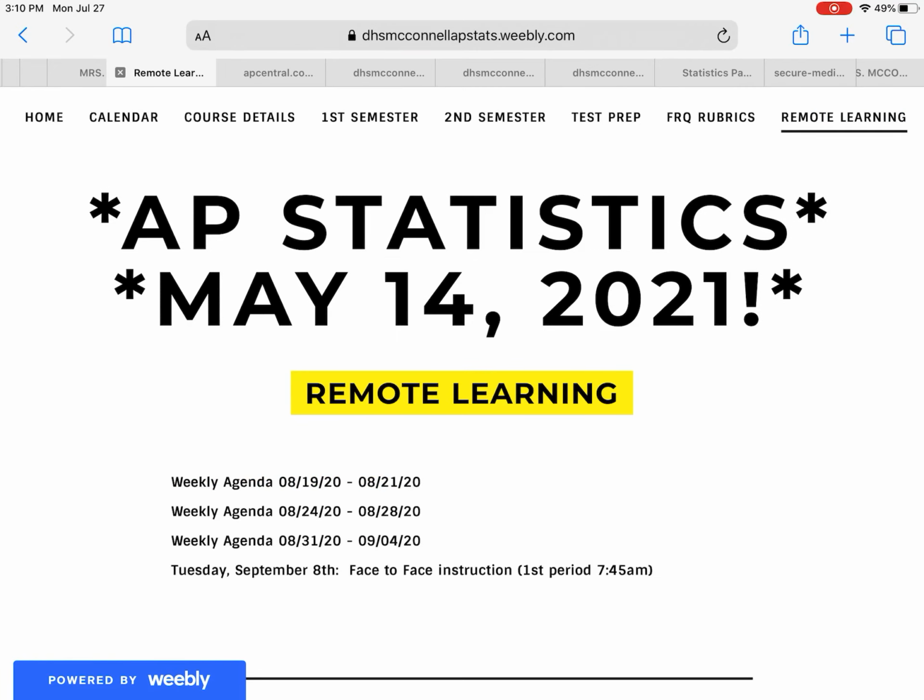Lastly, the remote learning tab, which is how we're starting this class out. This is where, and these will be links, they're not yet, but this is where I can post your weekly agenda that you could access online if we're not in any face-to-face instruction. So I will be posting weekly agendas that have more details of what exactly you're supposed to be doing. All right, hopefully you were able to follow how to maneuver about